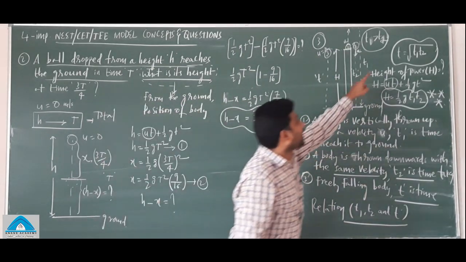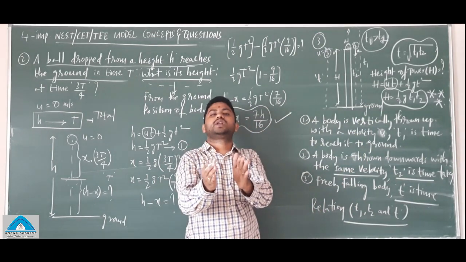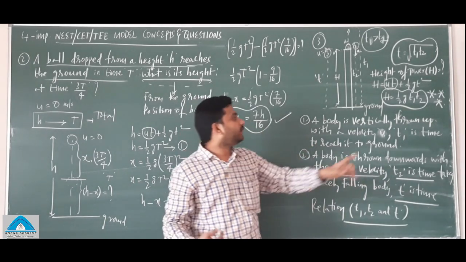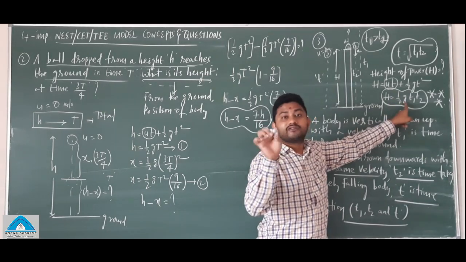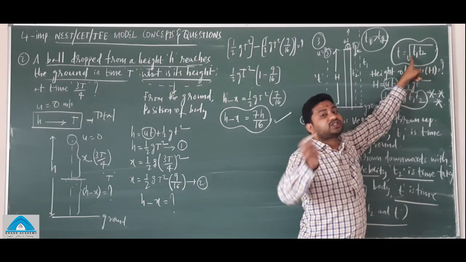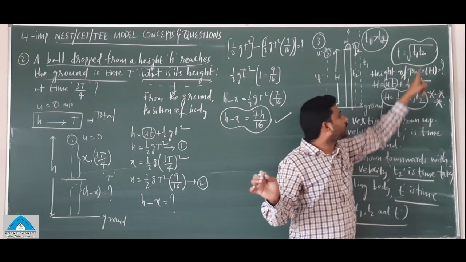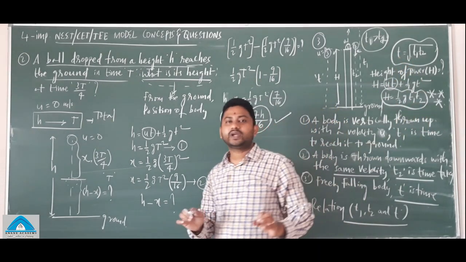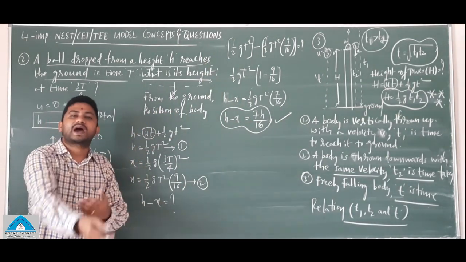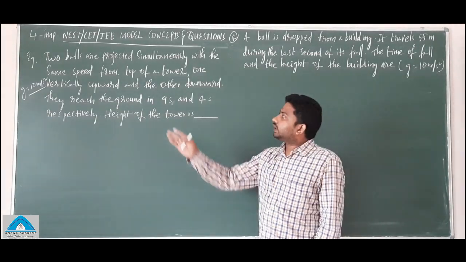Actually, I wanted to tell you only this much, but still, I know the interest from the students who are participating in this program. So that's the reason I went a little advanced. h is equal to half g t square, where t square is T1 T2. Because when you square both sides, it becomes T1 and T2. Got the point? Let's solve some numericals based on this third case. The fourth case also we will be discussing parallelly now. Let us apply the third application in this question.